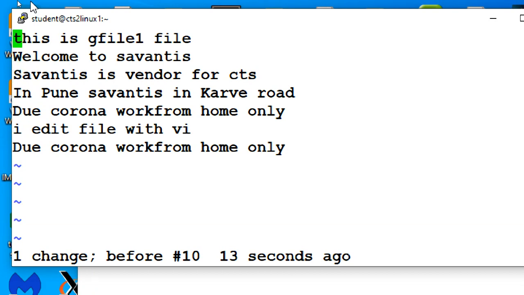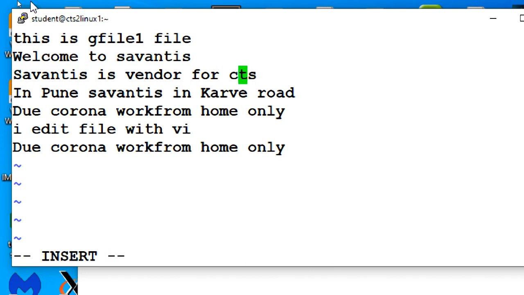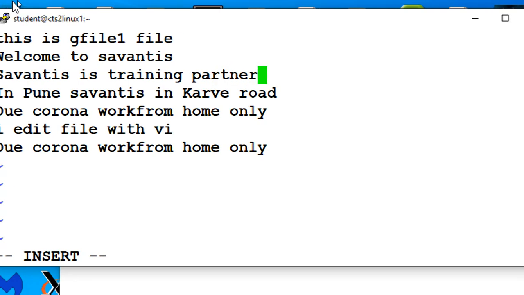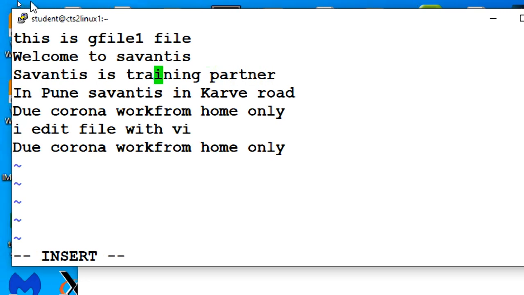Okay, next, for example, again press escape. I want to copy these two lines: "Welcome to Savantis. Savantis is a vendor for." Okay, so we'll change the vendor name, insert. So Savantis is a training partner.